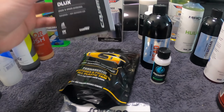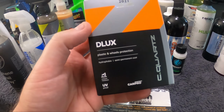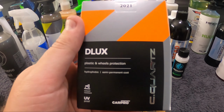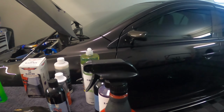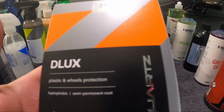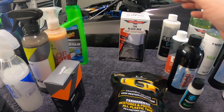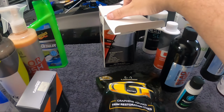So what I use, well, I just finally got this in the other day, a fresh bottle of Carpro Deluxe. This is what I use on my wheels and plastic. So I generally, or actually have on this car as well, ceramic coated all the plastic sections. It makes them nice and black again and keeps them protected. But since using this, Bowden's Own have brought out their, well, this is the black box, but if we open